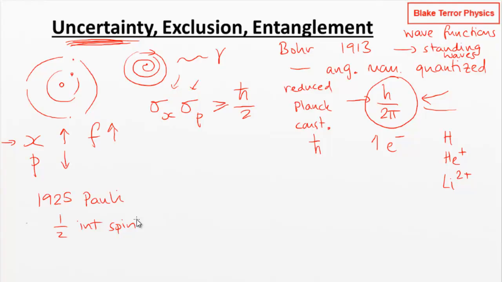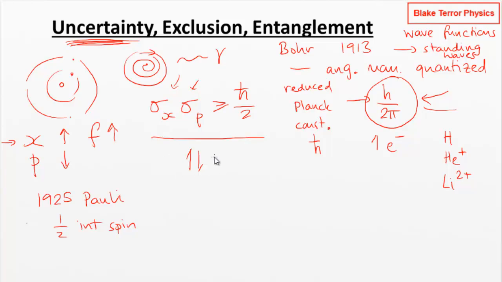What the exclusion principle is telling us is that two identical particles with half integer spin cannot simultaneously occupy the same quantum state within a system. And we represent this, probably the closest we get to looking at this before we go off to university, is when we're drawing out in chemistry our up arrows and down arrows for our orbitals for electrons. So this is what it's getting at here.